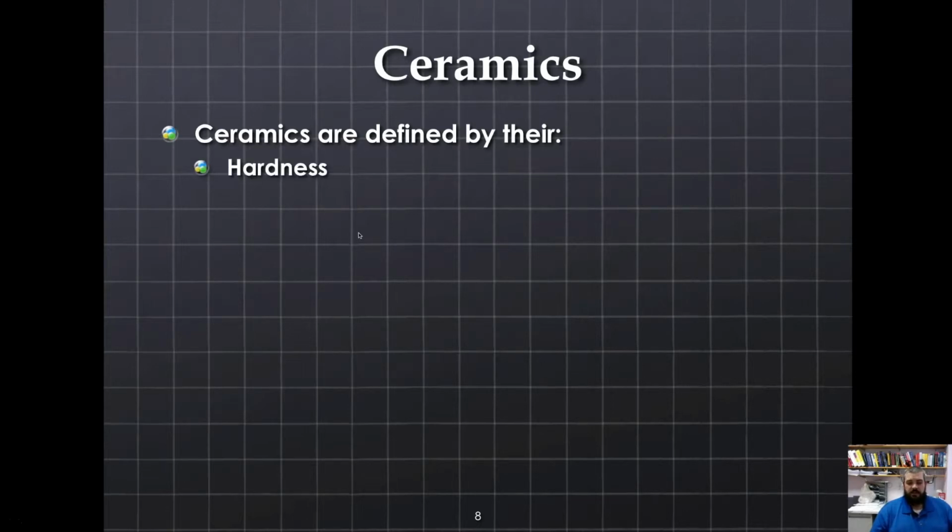So the second class of material I want to discuss are ceramics. Now, just like metals are defined by their properties, so are ceramics. The key parameters for ceramics are that they're very hard. They have a high hardness value. They are very brittle. So hardness is actually related to